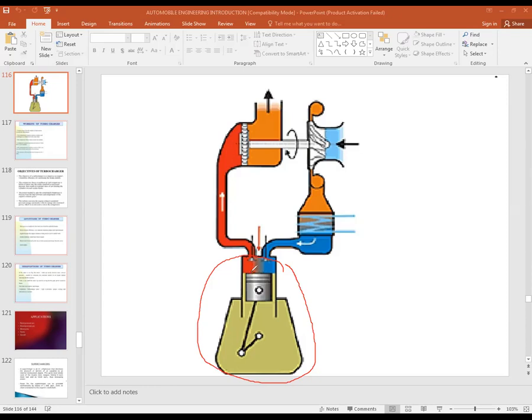During the exhaust stroke, the unburnt gases pass through the exhaust port. You can identify the red color, because red represents the exhaust gases. The exhaust gases move into the turbine chamber. Here the turbine and compressor are both mounted on the same shaft. The exhaust gases move through the passage with high velocity and pressure and strike the turbine blades, so that the turbine rotor is rotated.